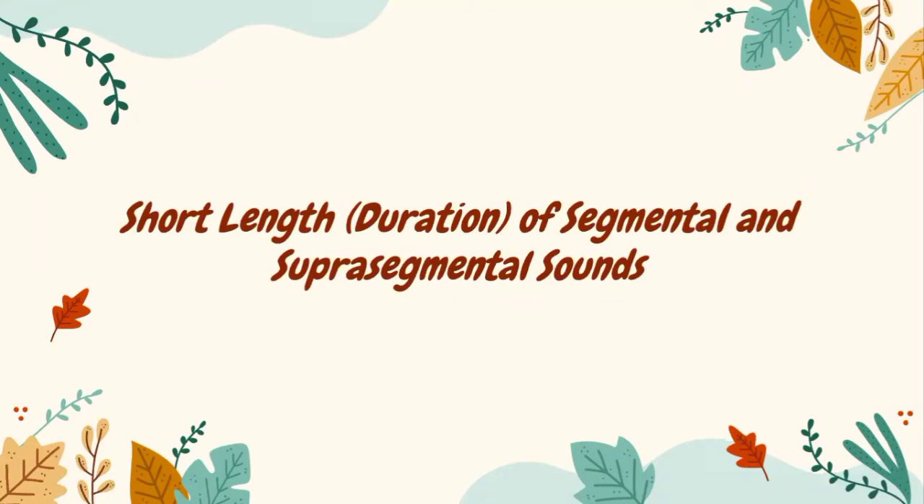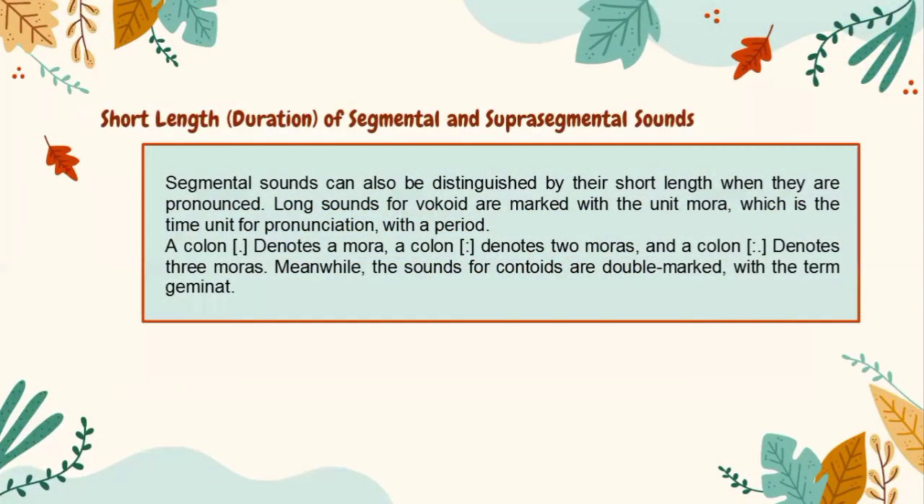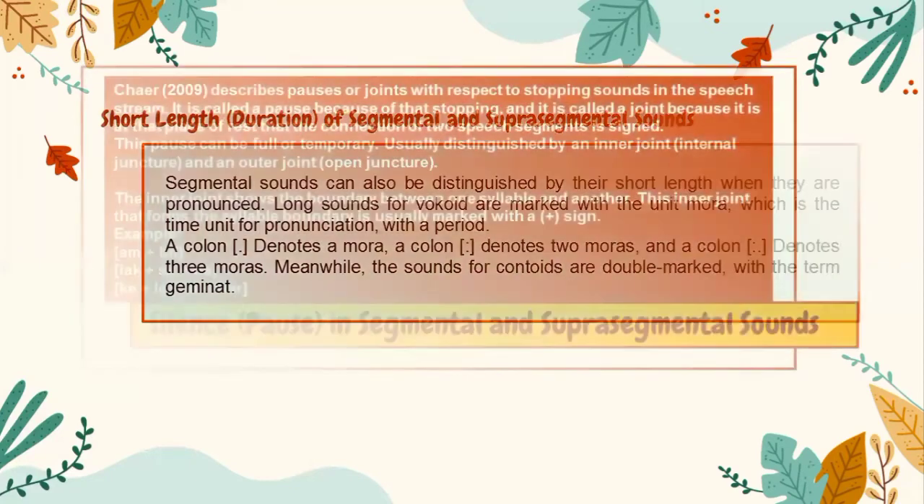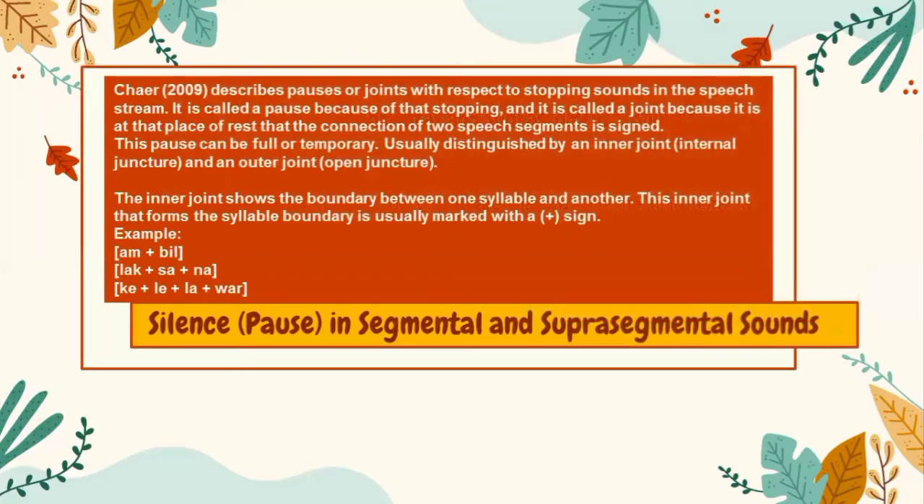And the next, short length duration of segmental and suprasegmental sounds. Segmental sounds can also be distinguished by their short length when they are pronounced. Long sounds for vowels are marked with the unit mora, which is the time unit for pronunciation, with a period. A colon denotes a mora, a colon denotes two moras, and a colon denotes three moras. Meanwhile, the sounds for consonants are doubled, marked with the term geminate. And the next,